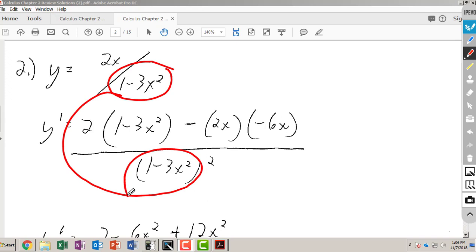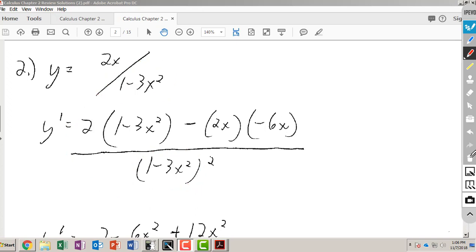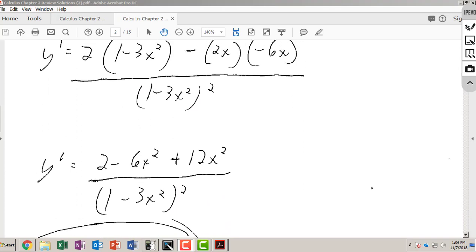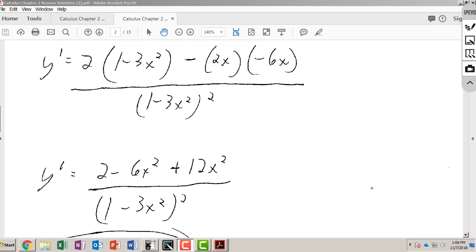I've got 2 times 1 minus 3x squared minus 2x times negative 6x all over 1 minus 3x squared, squared. So now I need to go ahead and simplify this. So to simplify this problem, you're going to notice I'm going to go ahead and distribute